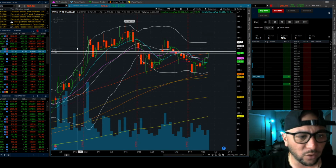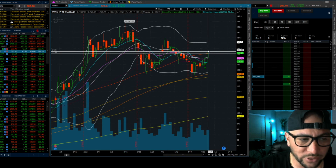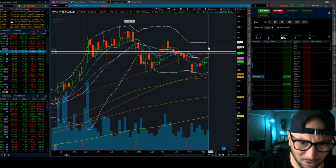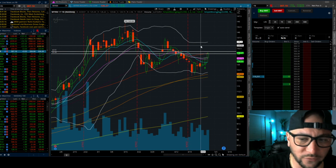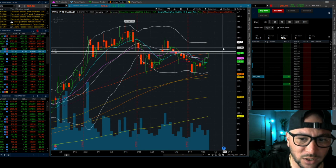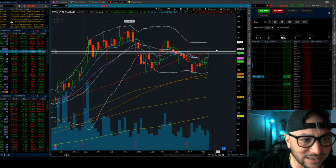But I am looking for a reclaim of $131. So what I'm going to go ahead and do is let that go ahead and put in a top above 131. And whatever that price is going to be my second entry. And I'll probably look to swing trade this for 1 to 2 weeks. Look to get into the 134 and 135 area. If it can do that, I'll go ahead and sell out of my position, see what the stock wants to do, whether it wants to retest or maybe take a dip into rising supply,